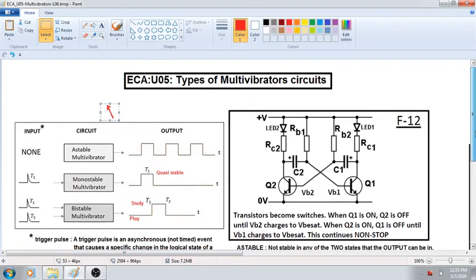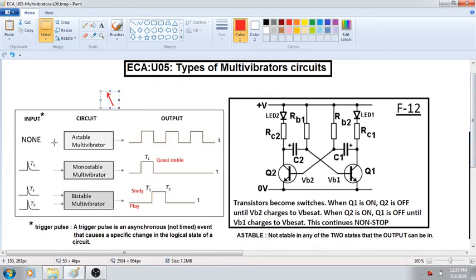Okay. Now formally, if somebody asks you what is meant by this trigger pulse, just remember a trigger pulse is asynchronous, that means you never know when it comes. Here this example is important. Supposing the student is playing, now mummy may forget that he is playing, suddenly mummy will remember somewhere here, and mummy will shout, hey Monu, come back and play. So the trigger pulse will come here. Because it has come here, will it come again here? We don't know. It may come here or may not come here.